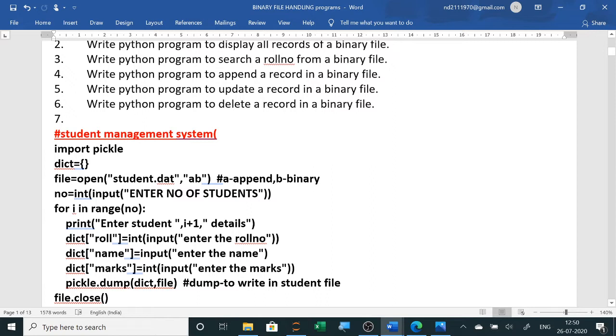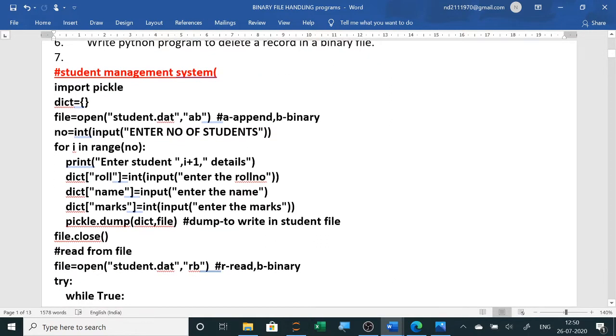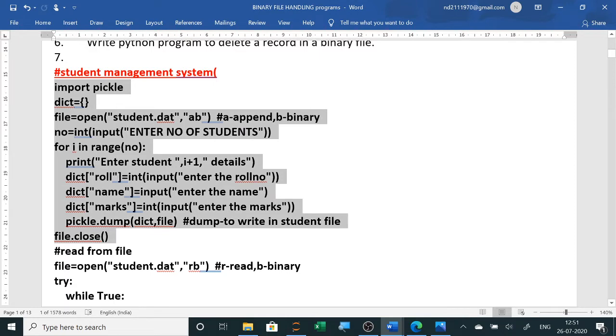Enter student: one by one it will take the student's roll number, name and marks, and write using the pickle.dump command. I am collecting it in the dictionary, and from the dictionary I am writing in the file. So this is the end of your write. From here to here is the program to write in a file.